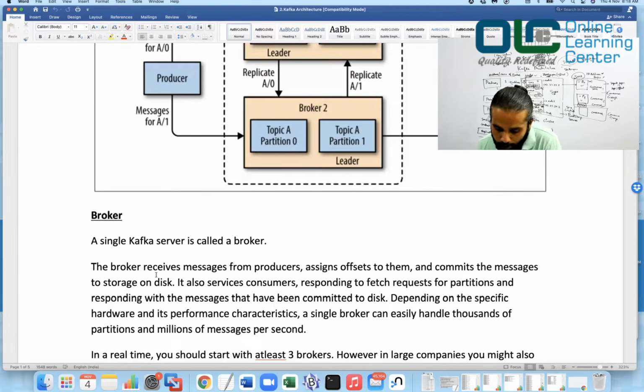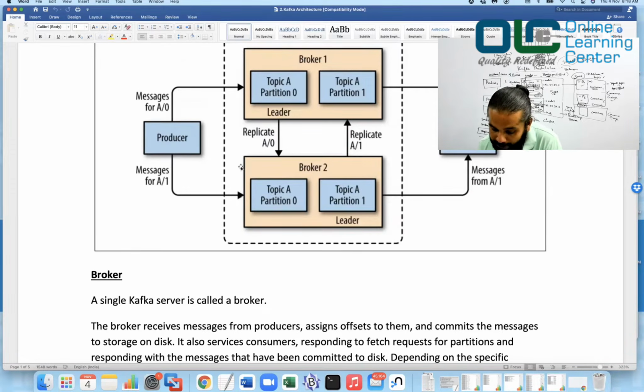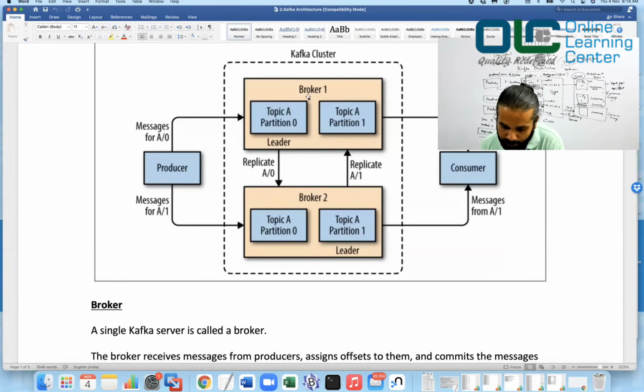Now see here, a broker receives message from the producer. So this broker would receive the message from the producer. Let's talk with respect to this diagram. I have a topic A and a partition 0 here, and this guy is the leader, the top one. If a message for topic A, partition 0 is sent, it would be taken by this. That's the reason the arrow mark indicates here. If I'm writing the data to partition 0, it would go here and not here, because this is the leader. It will always go to the leader.